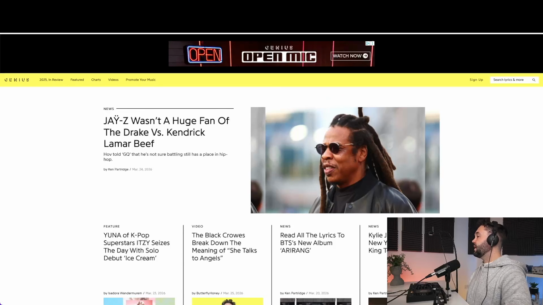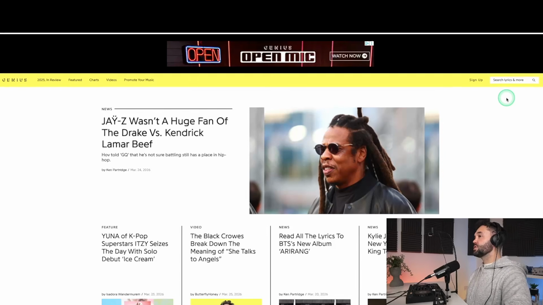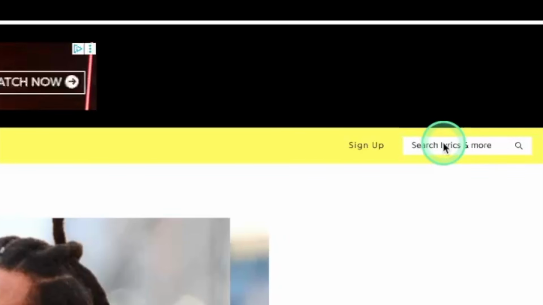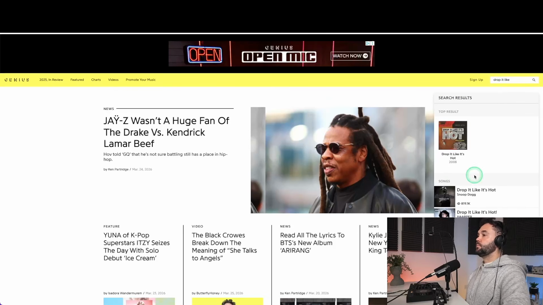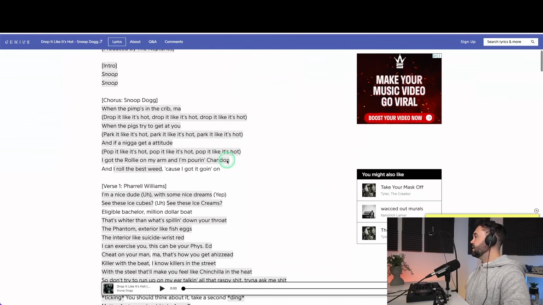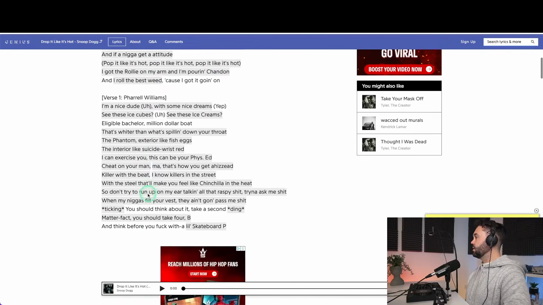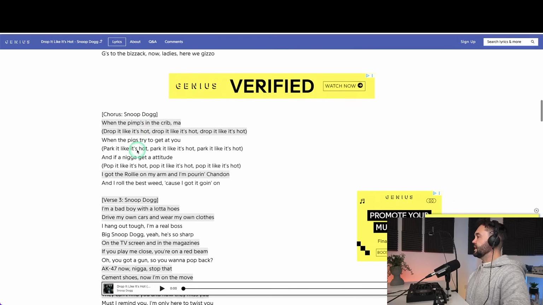Another way that you can find where the choruses and verses are in a track is by using a website called Genius. So if you just search genius.com, you'll come to this website here, and just on the top right hand side here, you can search a certain track and it'll give you the lyrics of that track. So let's do the track Drop It Like It's Hot. And if you open up that track and scroll down, we can see here that we have the chorus, verse 1, chorus again, then verse 2, and it will just give you the different sections of the tracks and the